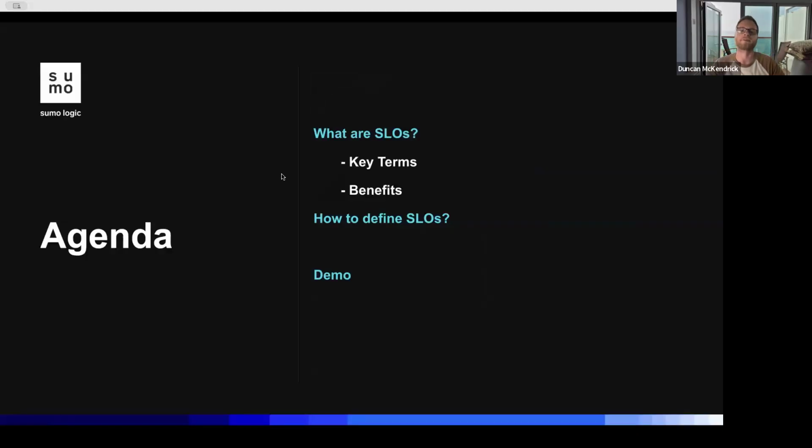So what are SLOs? Key terms, the benefits, how to define, and then we'll walk into a demo where I'll show you a number of different ways that you can configure your SLOs within the Sumo Logic platform, how you can attach those to monitors so that you can alert on them, the fantastic pre-built dashboards that come with them so they save you time, and a number of other cool features that come with our SLOs. So with no further ado,